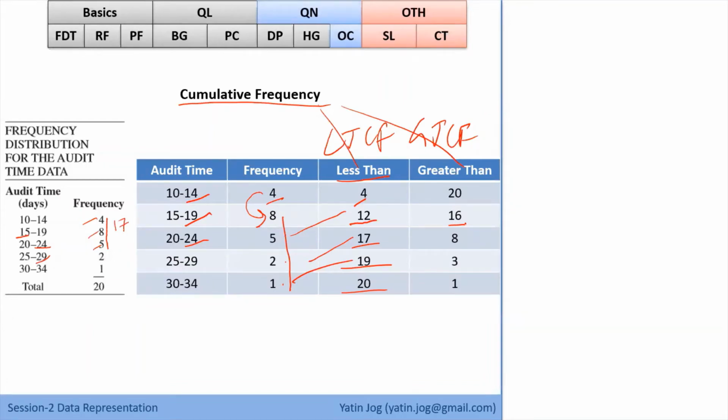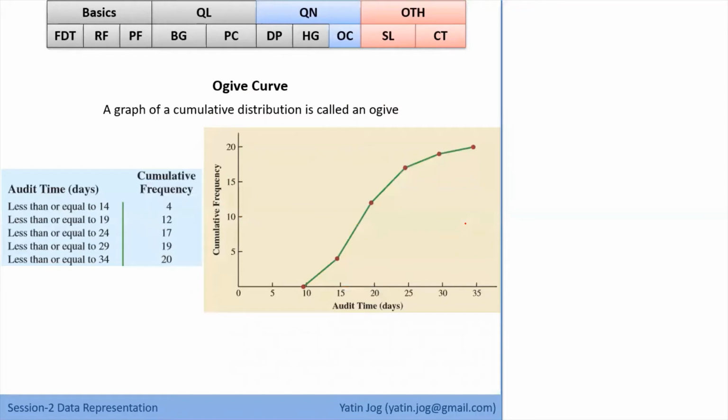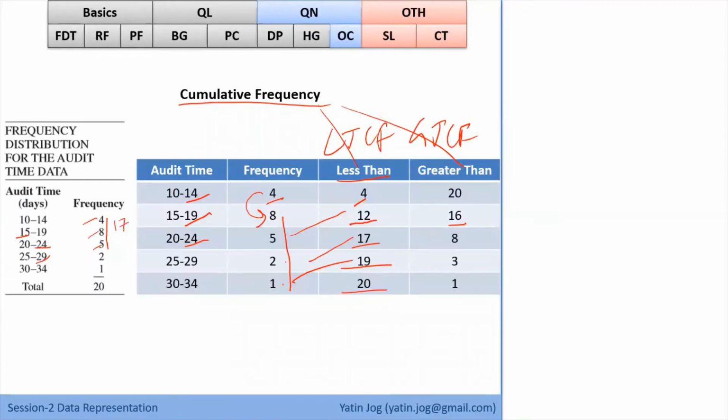So these two statements are very important in cumulative frequency. If you want to find the number of observations which are less than the upper limit of the class, go for less than cumulative frequency. And if you want observations greater than the lower limit of the class, go for greater than cumulative frequency. Okay. Can we go ahead? Yes, sir. Now, looking at the cumulative frequency, whenever we are talking about less than cumulative frequency, what we are dealing with is the upper limit of the class intervals, correct?